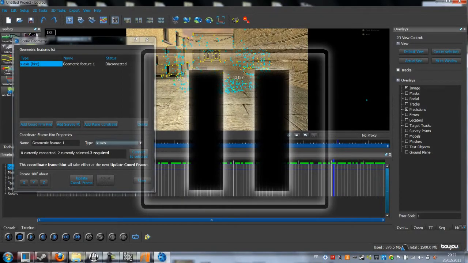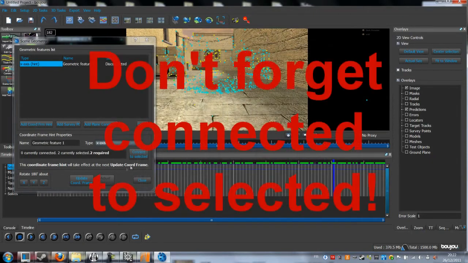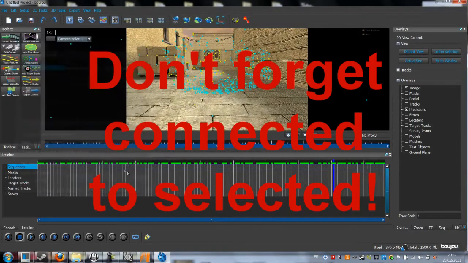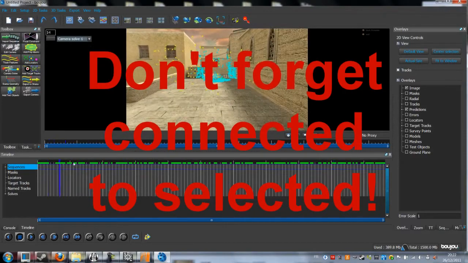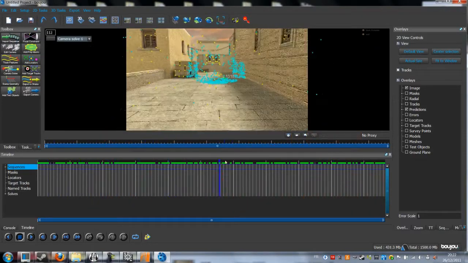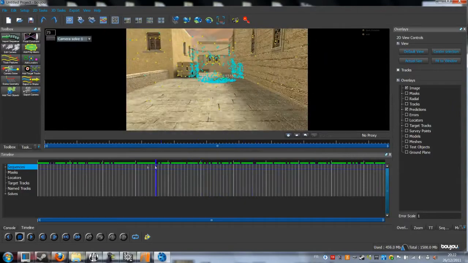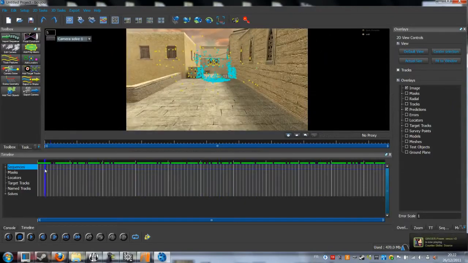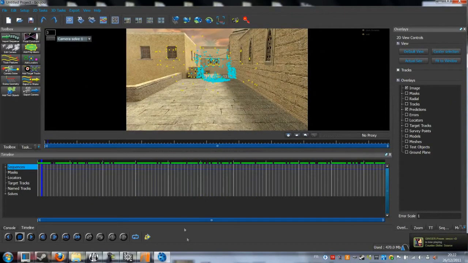I notice these tracking points need to be on the floor and must be fixed points. Click on Update Coord Frame and normally it's done. Now we can check the tracking with a 3D test object in 3D tracks, or just look if your points are fixed like I do.